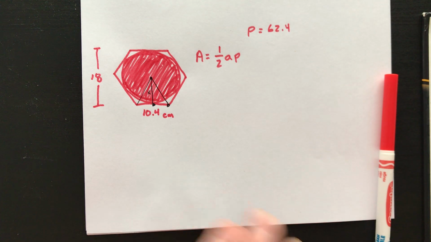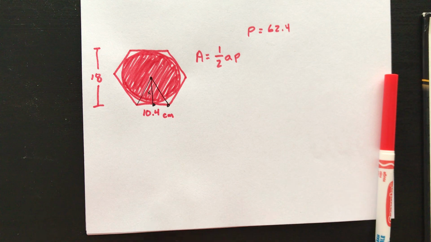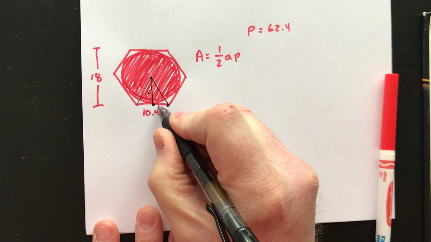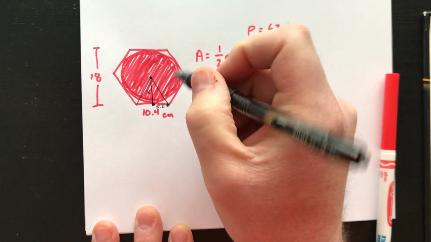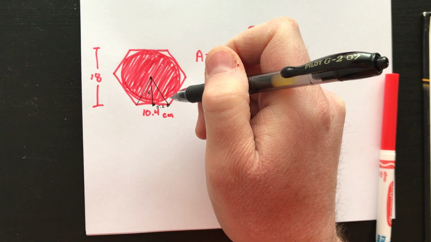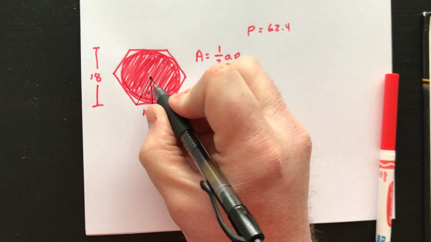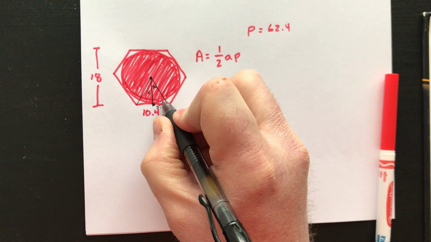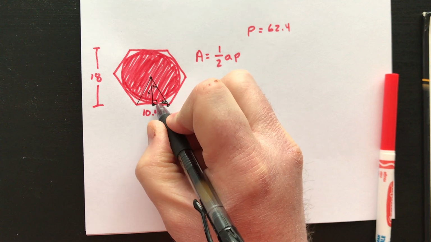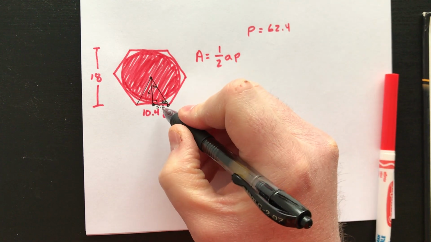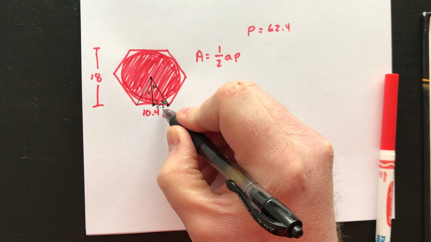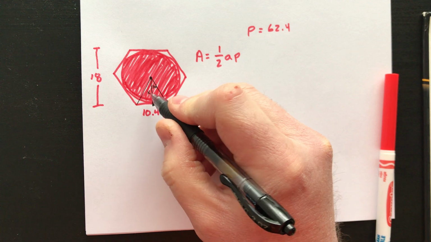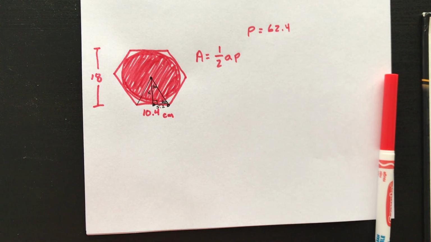All right, the length from there to there is just 10.4 divided by 2. So the length from there to there is 5.2. Now this is a hexagon. Remember, a hexagon gives us a 30-60-90. And if the shorter leg of a 30-60-90 is 5.2, then this should equal 5.2 times the square root of 3,